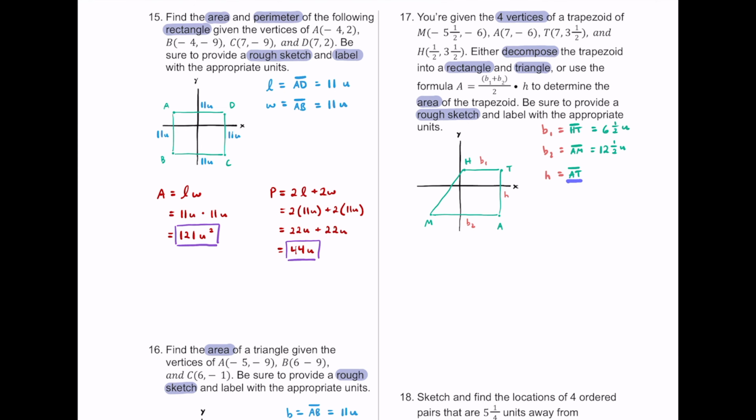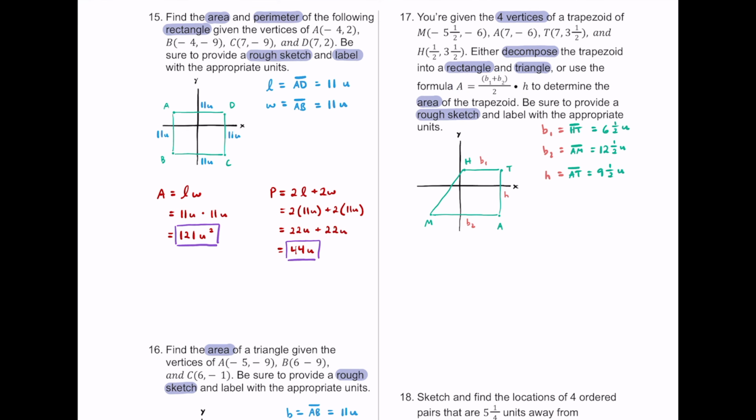Now for AT, that's going to be this vertical length over here. So let's figure out how far A and T are from each other. They have matching X coordinates. So if you look at their Y coordinates, we have 1 negative, 1 positive. So add their absolute values. 6 plus 3.5 is going to be 9.5. So that's going to be a total of 9.5 units. Okay, so now that we have all our measurements for using this formula to find the area of trapezoids,